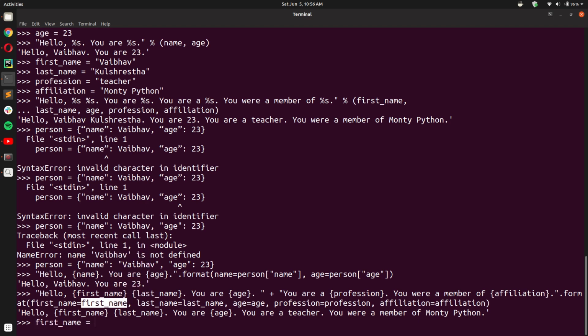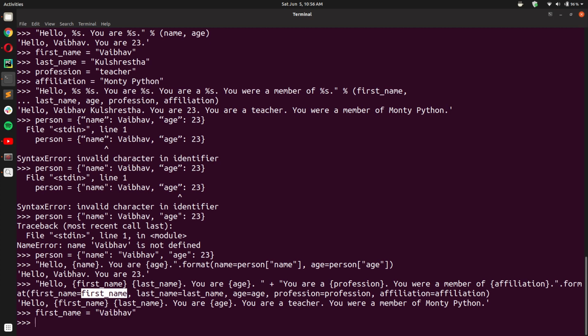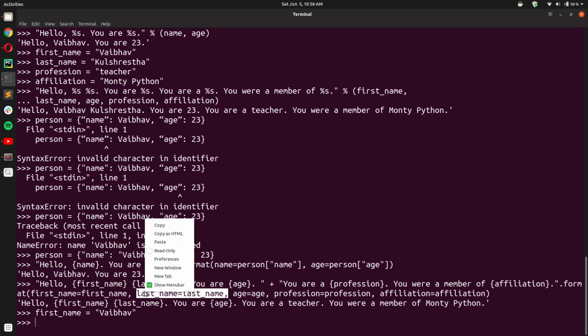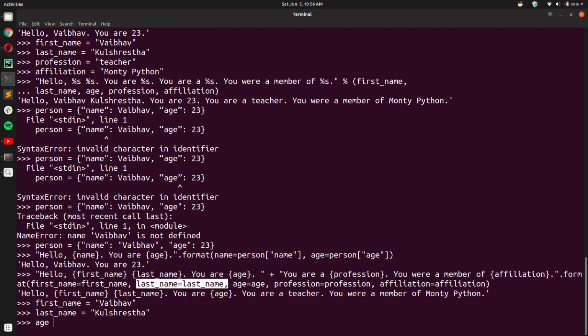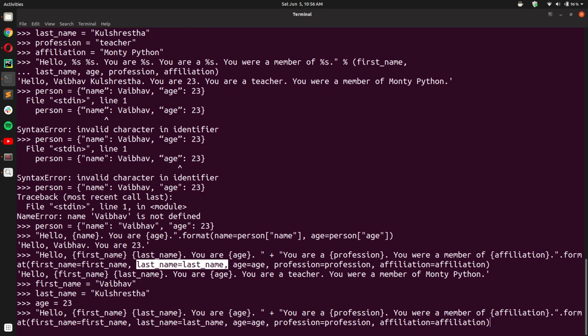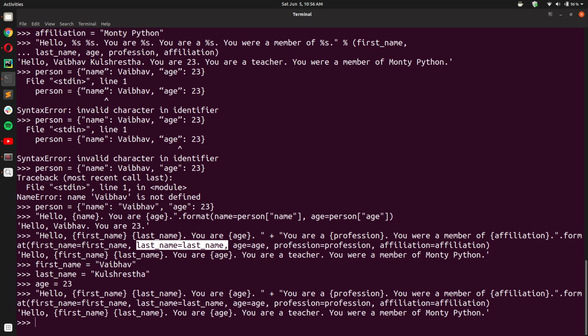So if I say my first name is Vaibhav and my last name is, yes, this is verbose because my last name is very long, and lastly my age is 23. But basically you get what I'm trying to say, right? When I do string formatting with a long example, you will see how verbose it is, and as you probably saw, how it leads to errors.